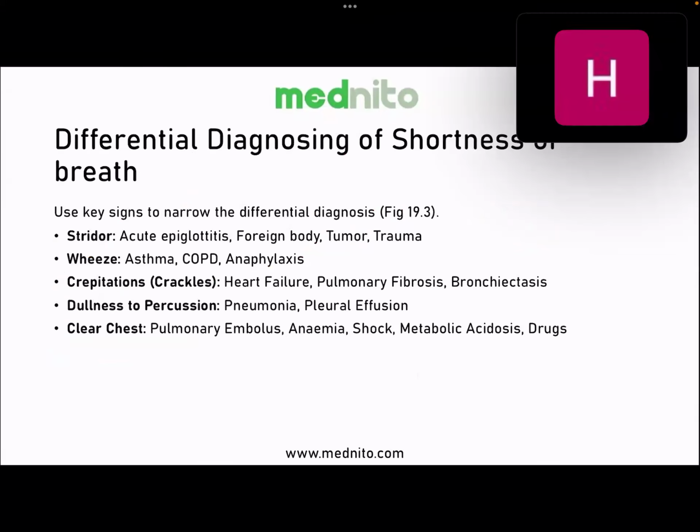Talking about shortness of breath, first most important, children presenting with stridor, it is acute epiglottitis is one thing you will have to remember. But if the stridor is seen as sudden onset in the question, patient is usually seen well 30 minutes ago. Now patient presents with stridor. What do you think? It is the foreign body ingestion. I'll also tell you one more clue about foreign body ingestion is the examiner will tell you that there is focal wheezing.